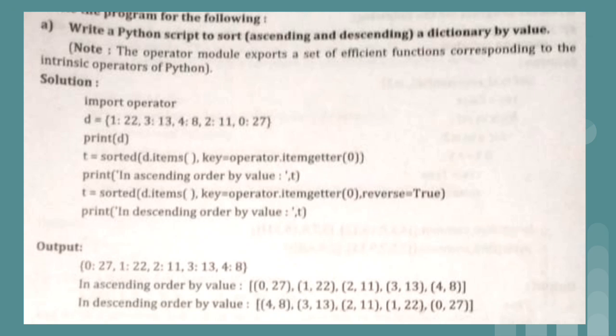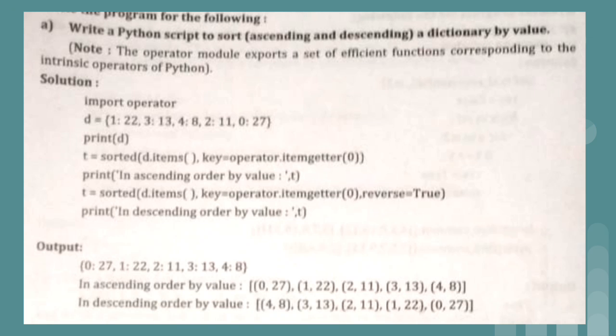Into round bracket, within a single quote, just provide the key value, that is within a single quote 'id', within a single quote 'name', like that you can use. But that we will use whenever we have the same type of key which is present again and again. Meaning we have a name key, name colon Archana, name colon Abhishek, name colon Prasad, like that if you have the information. So the name key is there 3 times, and if you want to sort by that particular key, then in that situation you can make use of the attrgetter method.